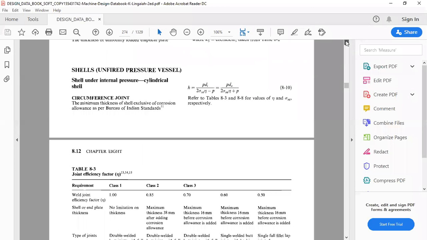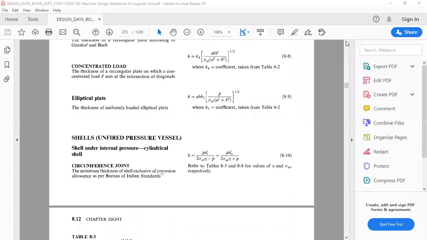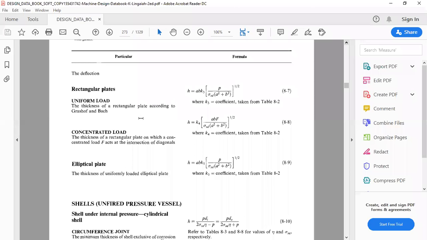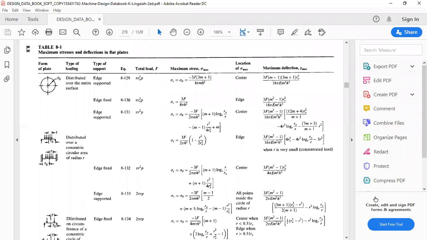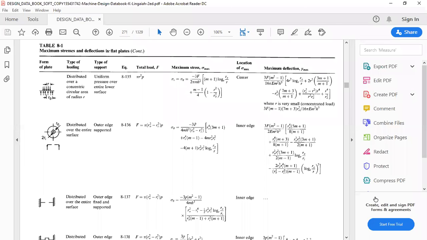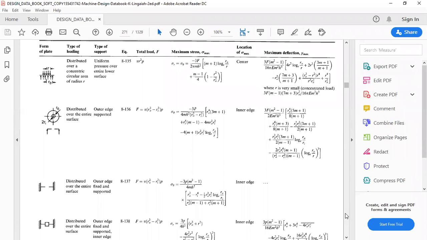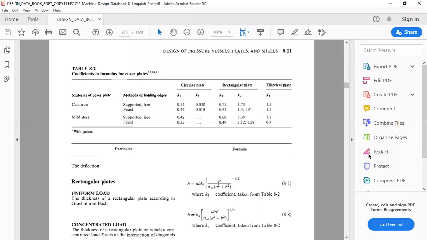Once I go to table 8.2, I take the value of K1.